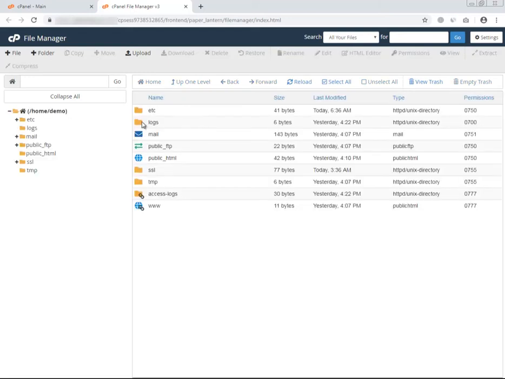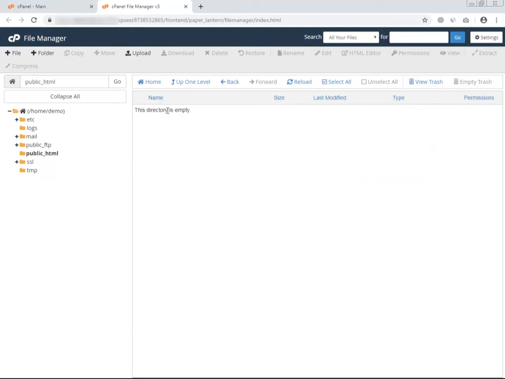Okay, it has many directories. Click on Public HTML. It's the root of your website. Now my directory is empty. If I want to upload a file or edit a file, since there are no files or directories, I have to upload it. Okay, click on the upload icon,